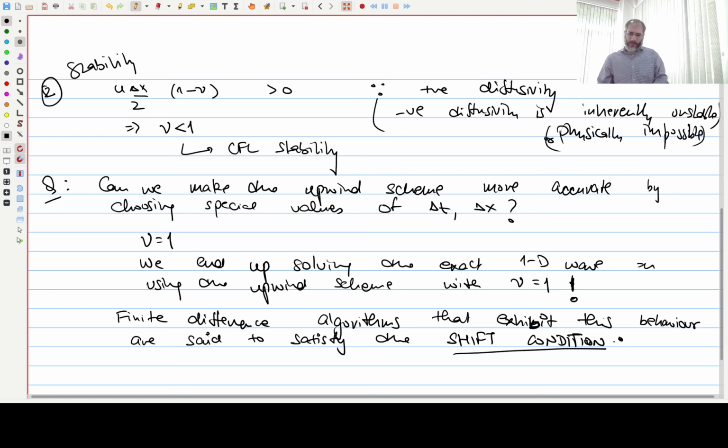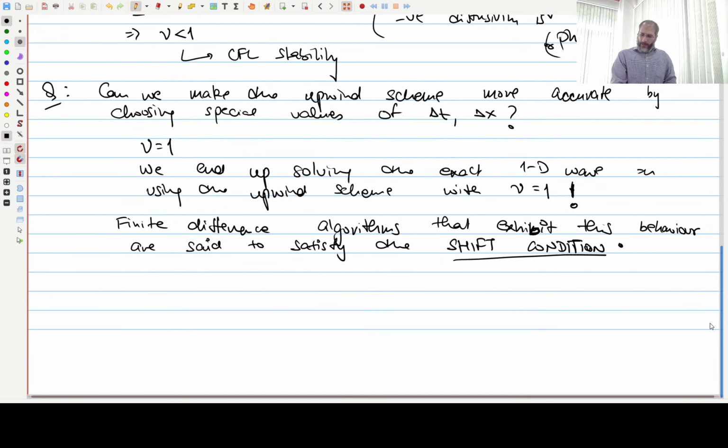Right, so let's come to the next part, which is now we analyze the error terms. We analyze the behavior of the equation that we end up solving. Because see, we are not solving the exact equation, we are solving the modified equation. The modified equation contains higher order derivatives on the right hand side. So actually you are solving an equation which has a phi xx, a phi xxx and so on in it. So they will definitely have a different behavior from not having those terms on the right hand side. So you have sort of added a diffusion to your problem. Okay. So what we'll do now is